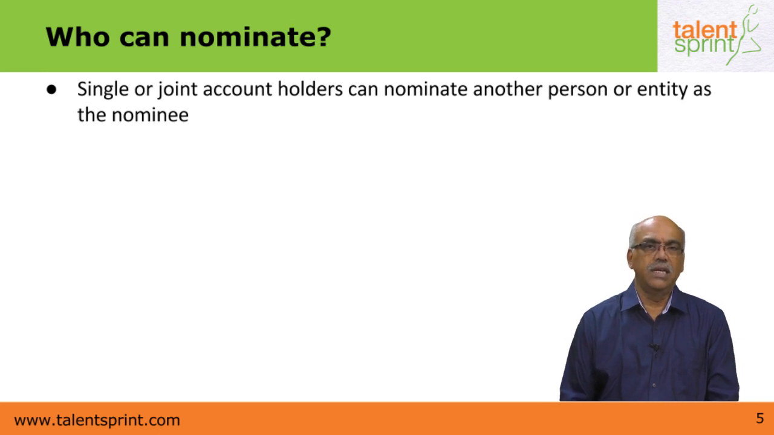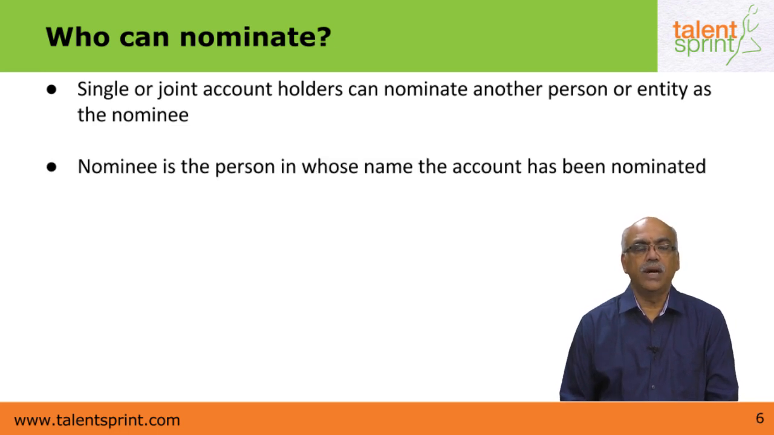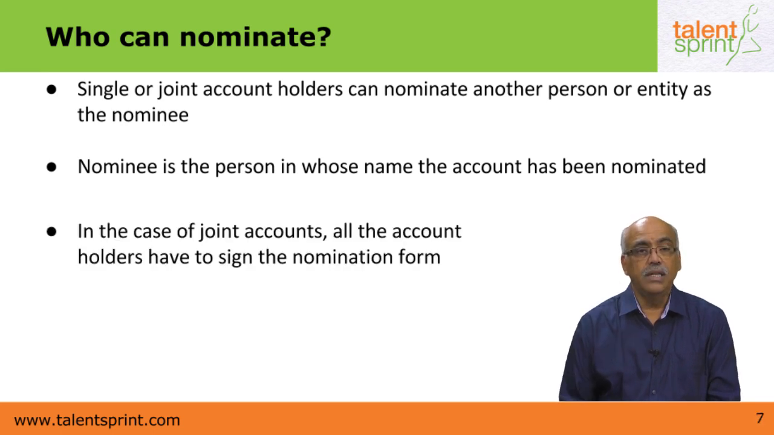So in other words, even when a joint account has been nominated to another person, that person cannot receive the proceeds of this account unless both the persons in the joint account expire. A nominee is one in whose name the account has been nominated. The person nominating is called the account holder, and the person in whose favor the nomination is given is called the nominee. In the case of joint accounts, all the holders have to sign